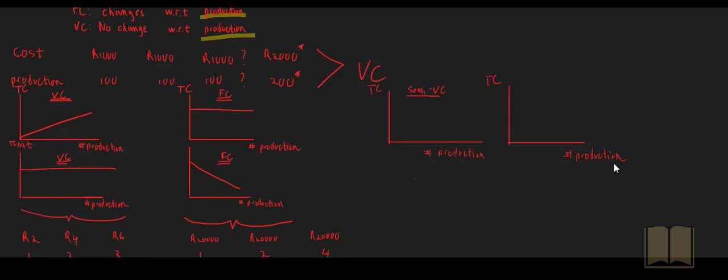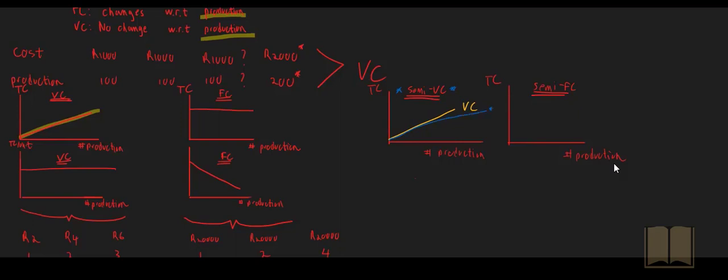Now let's have a look at two other types of costs in terms of behavior. You've got a semi-variable cost. Because it's a variable cost, it increases with production. And then on the right hand side you've got a semi-fixed cost. Now the variable cost, remember, total variable cost increases proportionately with an increase in production. So that's the yellow line. A semi-variable cost, on the other hand, which will be shown by way of a blue line,